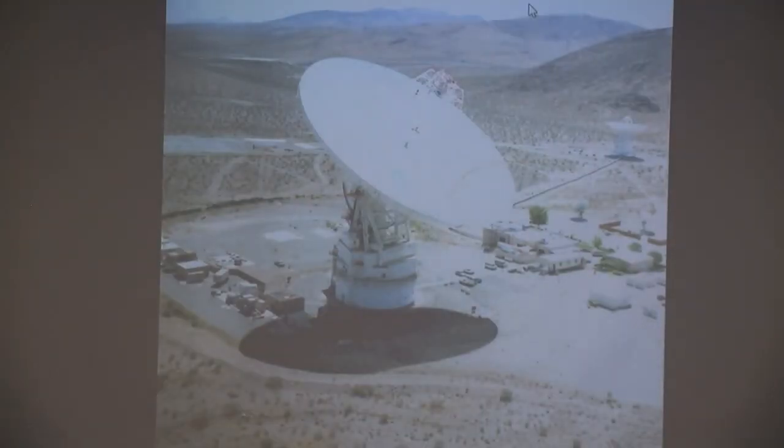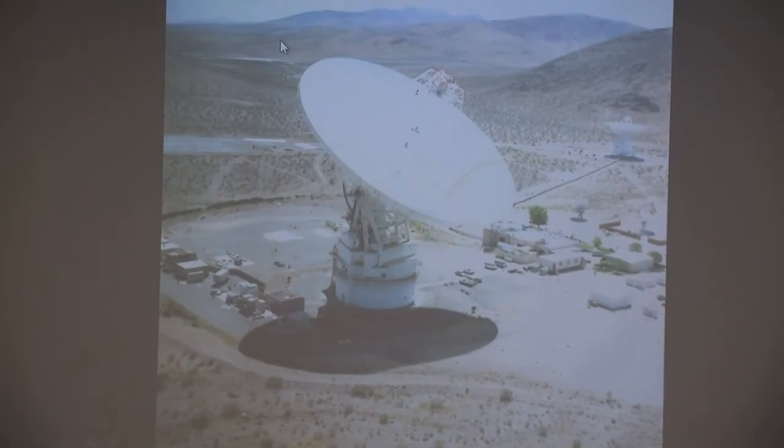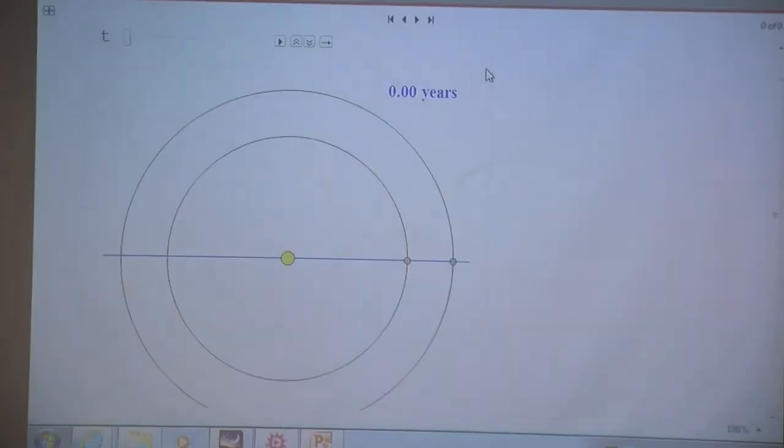Whoa. I don't know what just happened, so let's go back. There we go. Let's start the simulation. How about we just get out of that? Maybe that'll help. Okay, so let's start the simulation and we watch Venus take off. And as years go by, there's a superior conjunction. And now Venus is starting to catch up again. And I'm going to stop. Oh, I'm not at the right place. Let's back up a little.